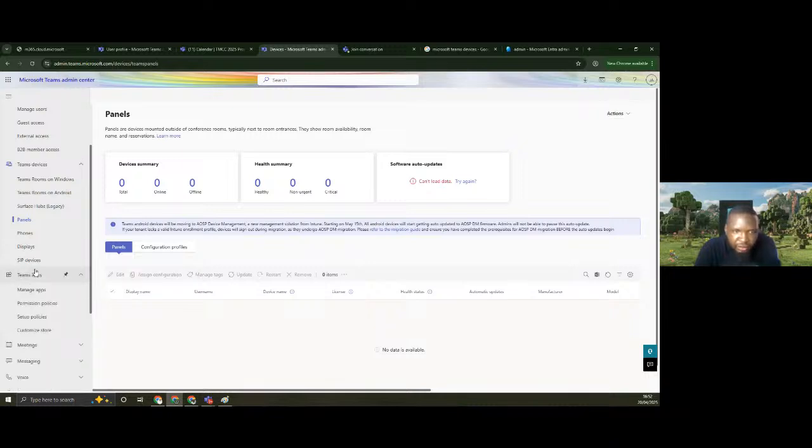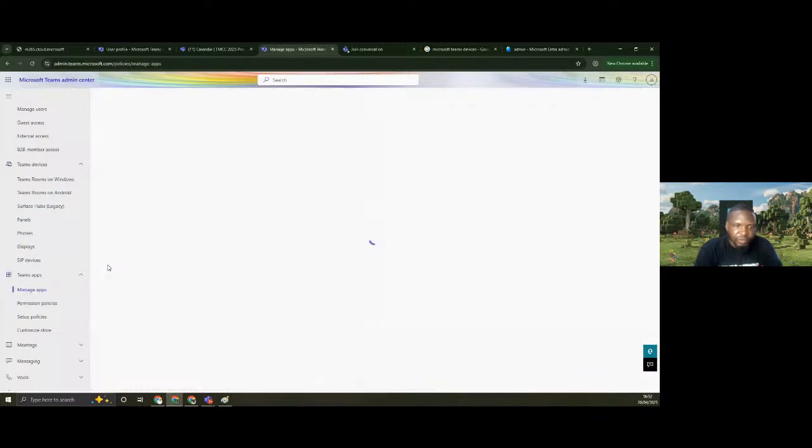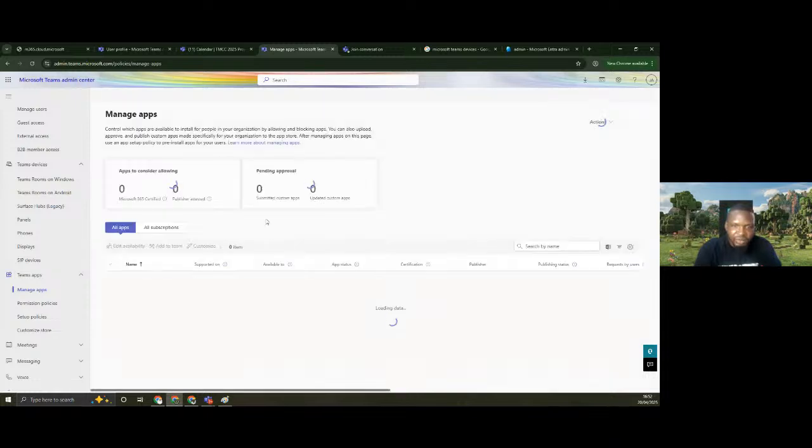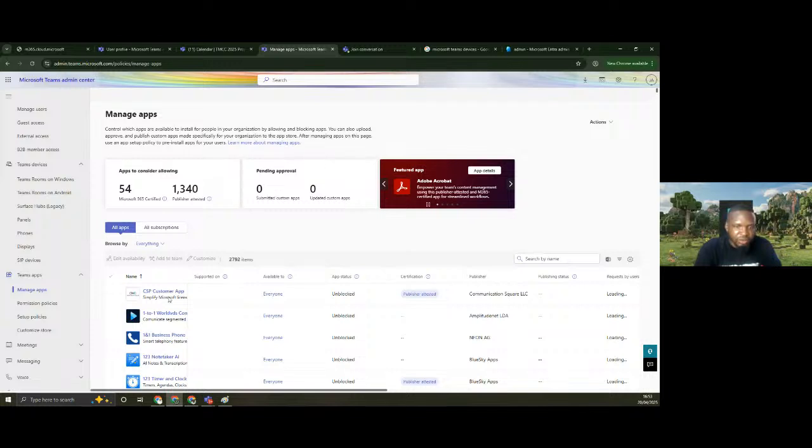Apart from this, you also have the Teams applications. For Teams apps, this speaks to how you are able to manage applications within your tenants. What applications do you want your users to be able to make use of? That is a very crucial thing. Some applications that are not approved, or that you feel can infringe on your data privacy, you can deliberately block in your tenants by taking action against those applications. To say nobody in your organization should be able to use the CSP custom app, for a reason that you know.